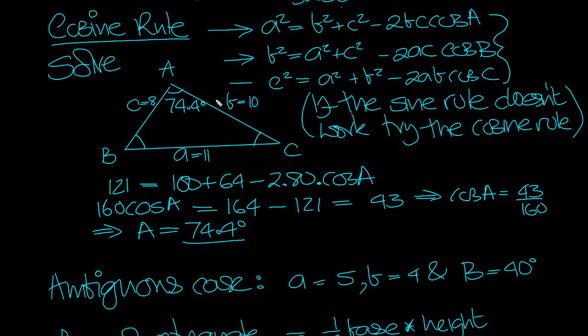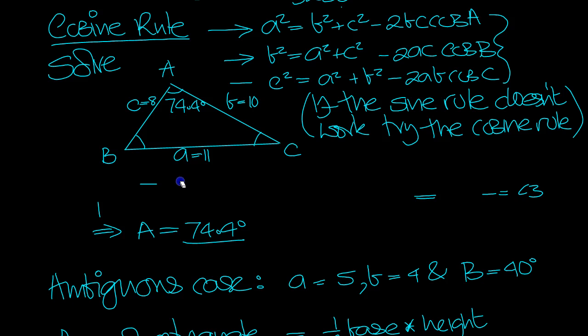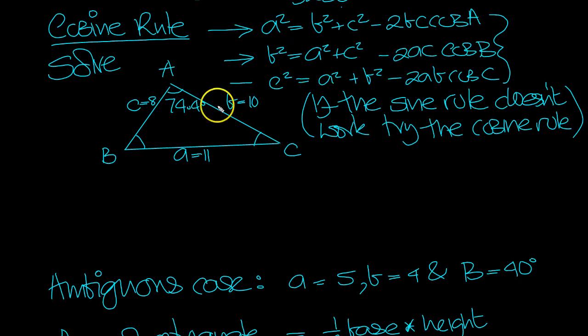Now we can either use the cosine rule again to get B here, or we could use the sine rule. Because we're illustrating the cosine rule, I'm just going to use the cosine rule again to get angle B, because we've got all three sides here. So A is 74.4, we've put that in the picture, so I'm going to scratch this now, and I'm going to use the second version. But we could have used the sine rule, which is slightly easier, but because we're illustrating the cosine rule, I'm going to use that. So b squared is 100,